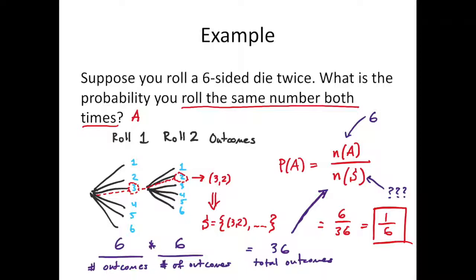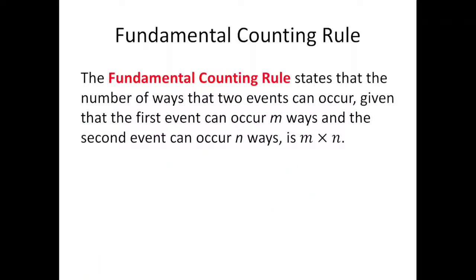That is the classical approach to probability. Now that fundamental counting rule I mentioned states that the number of ways that 2 events can occur, given that the first event can occur m ways and the second event can occur n ways, is m times n. Right? So we break down a big counting problem into smaller pieces and then multiply all the ways those pieces